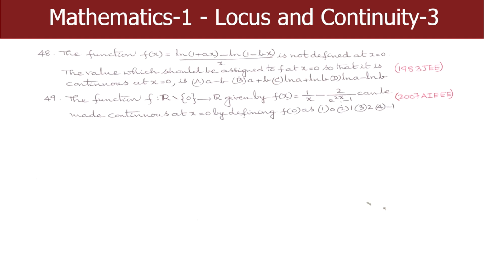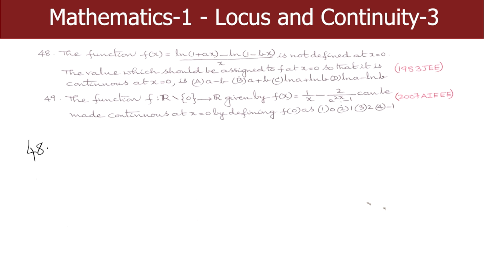Okay? Then let's go to the problems on continuity. We already gave the introduction on continuity. Question number 48. The function f(x) equal to ln 1 plus ax minus ln 1 minus bx by x is not defined at x equal to 0. Clearly, because of the presence of x in the denominator, this function fails to have a value at x equal to 0. For all other x not equal to 0, he says that the function is defined in a neighborhood